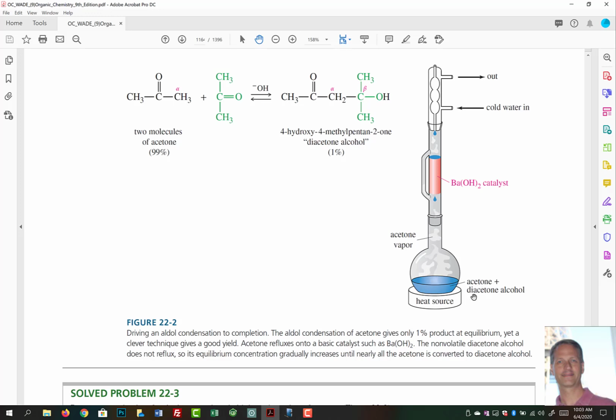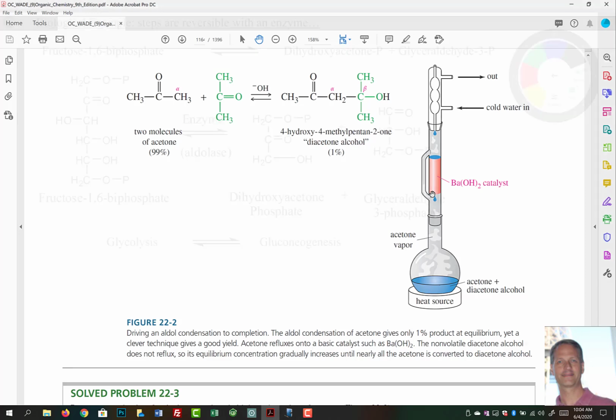So then you have acetone plus the diacetone alcohol. The diacetone alcohol does not distill as easily, so it stays put down here. And more acetone comes up and it bathes through this hydroxide solution, your stationary phase up there. And then the product comes back down and hangs out down here. Since there's no hydroxide down here, the reverse reaction doesn't really occur. So you just continue doing this kind of condensation reaction until you have almost 100% of your product there. It's a clever way to drive the